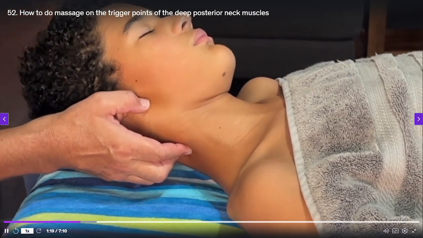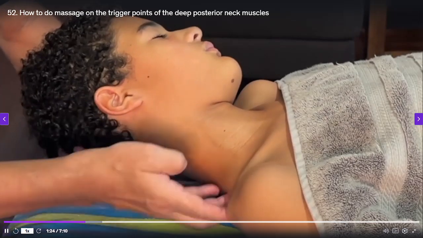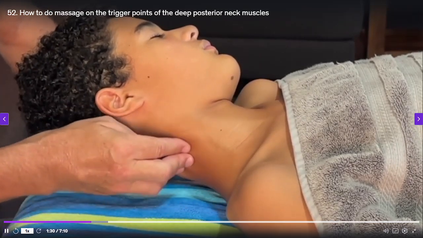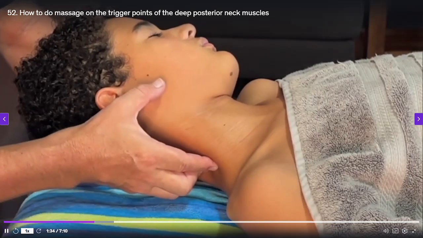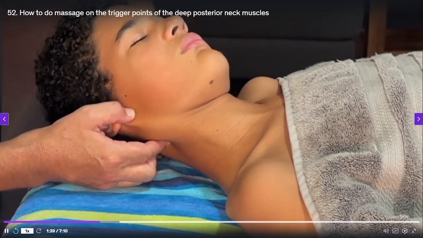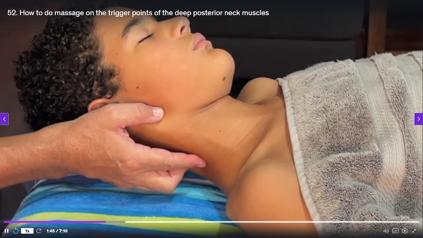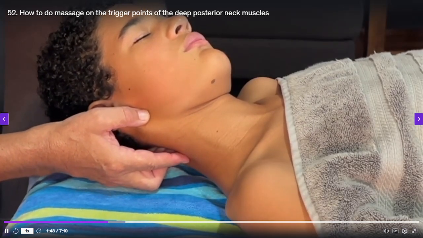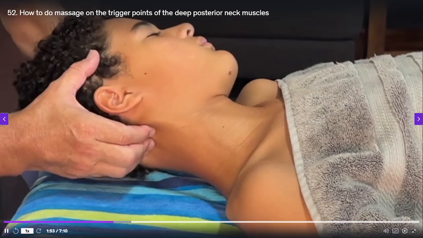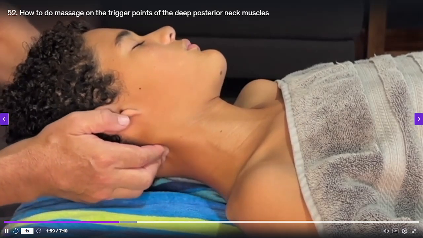So if we bring it, I've got the transverse process, so I'm just working the transverse process here. Your middle scalenes here, you can feel those transverse processes, and we're just going posterior to those, and I'm just working along them. So what I suggest you do is start off with the head in a central position, and we can just